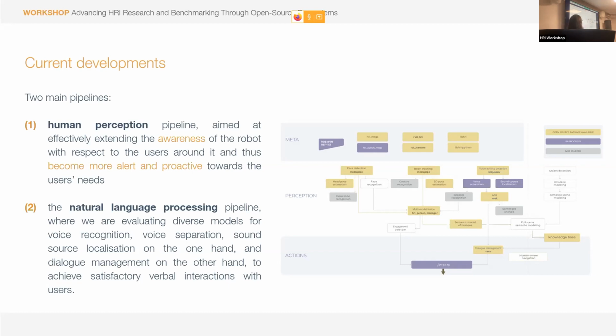What's behind the system in Ari? Basically, we have two main pipelines. The first is human perception, and everything is using the ROS for HRI framework for now. On the human perception side, we have everything related to vision, and how we can make our robot more aware of the environment and more alert and proactive when interacting with users. Then we are recently also working on the natural language processing pipeline.